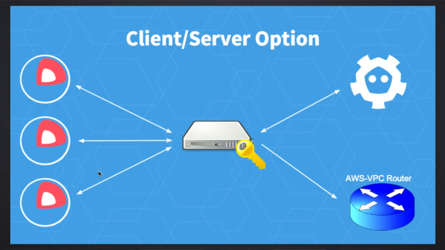So for example, in the AWS VPC backend that I talked about, when it manipulates the VPC routing entries, that operation is privileged and you need a security token to do the manipulation. Right now, the token needs to be present on all the worker nodes, which is not ideal from a security standpoint. If you have a server in place, then we can put the token just on the server, and then the nodes don't have to